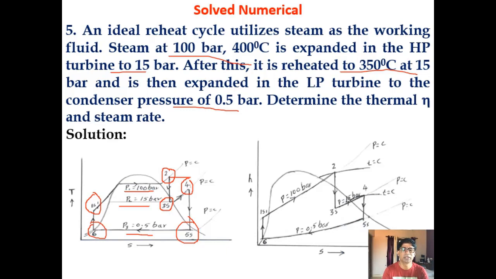So this is the HS diagram. Point 6 is on the saturated liquid line, then 1s, and 2 is in the superheated region, 3s is in the two-phase region, 4 is in the superheated region, 5s is in the two-phase region. You will come to know that only when you go to the Mollier diagram or the HS diagram. So you can locate these points in the Mollier diagram and find H2, H3s, H4 and H5s. Only to find H6 and H1s you have to go to the steam table, where you get the value of H6, then you have to add the pump work to get H1s.